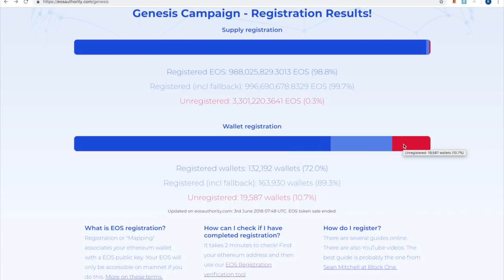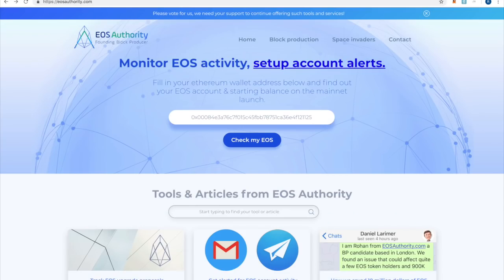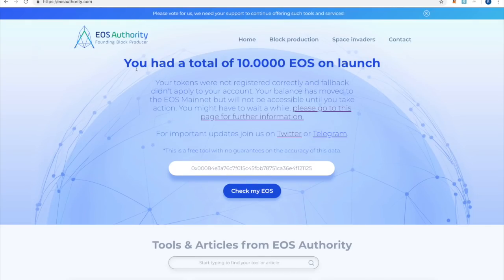The best way to confirm that you're actually on this unregistered section is to go on to our homepage here and put in the Ethereum address that you've used to buy EOS during the token sale time. If you fill in your Ethereum address there and click on check my EOS, it should show you this page here. It should say you had 10 EOS balance and your tokens were not registered correctly and fallback did